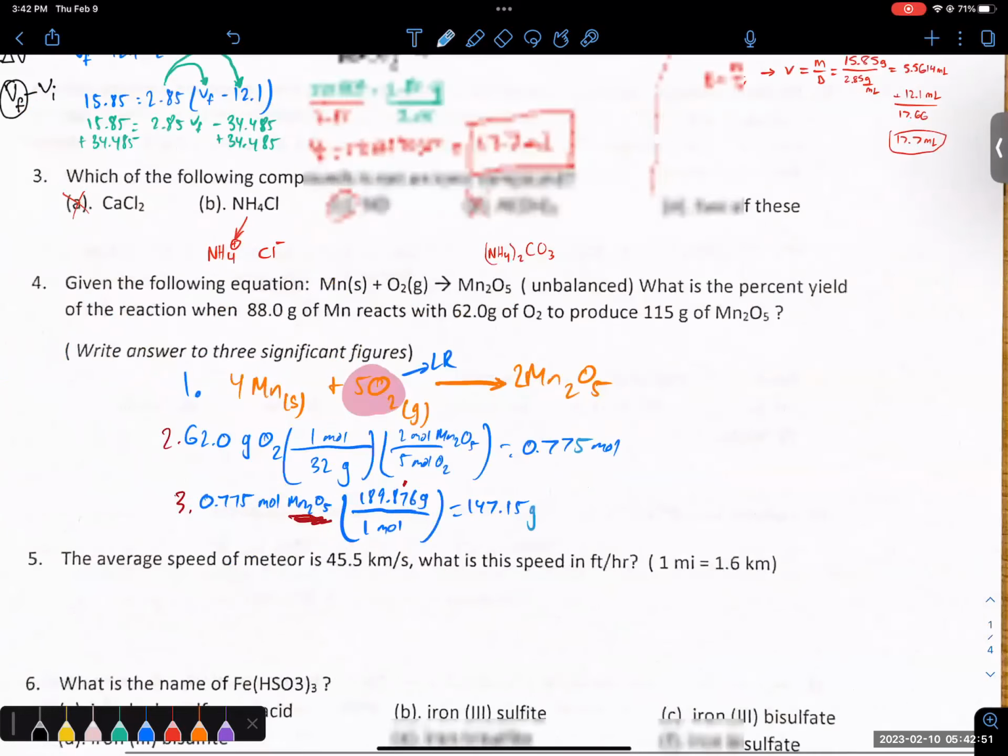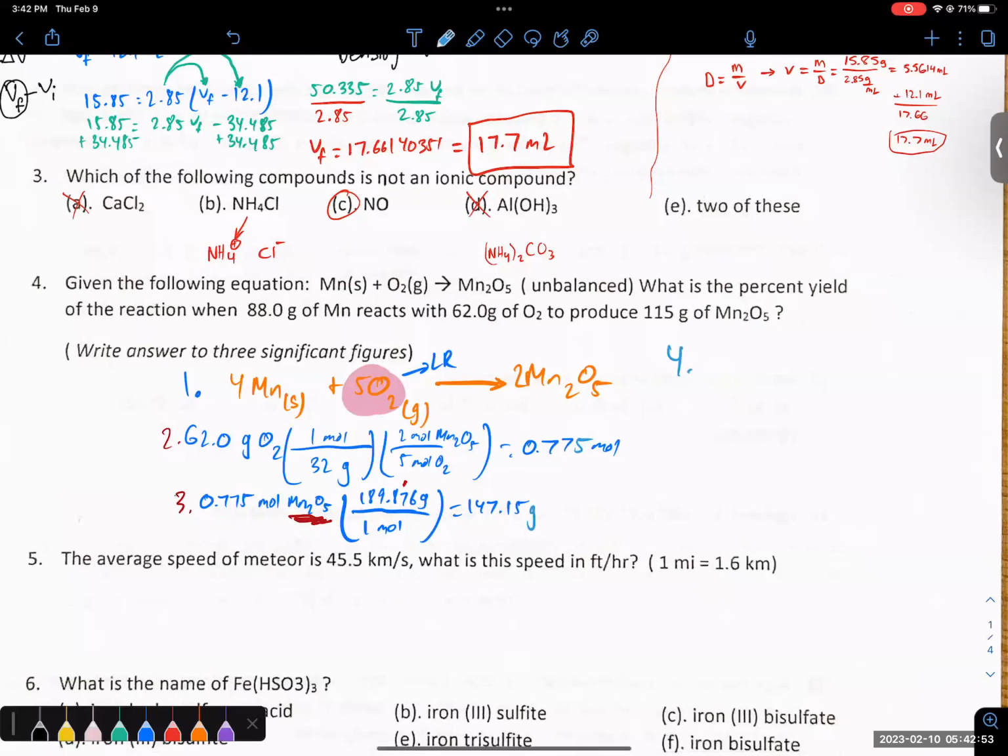So right now it's time for our final step, solve for our percent yield. What is our formula again for percent yield? Actual over theoretical times 100. The A is always on top of the T. It's one way to remember. So 115 divided by 147.15. Solve that out. You will get